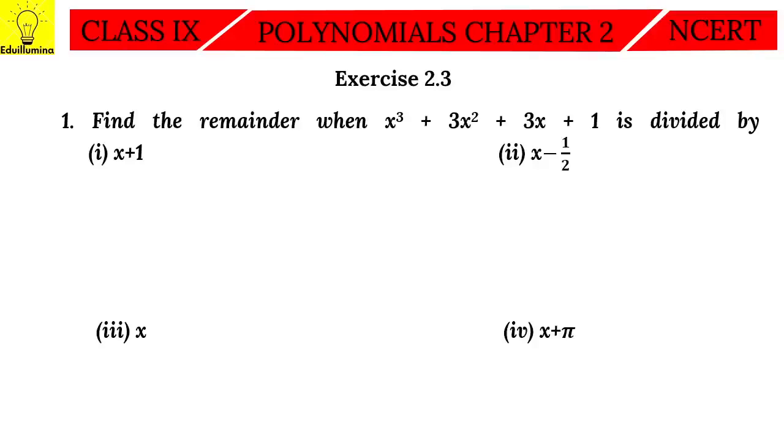चलिए स्टार्ट करते हैं एक्सरसाइज 2.3। तो फर्स्ट क्वेश्चन इज फाइंड द रिमाइंडर व्हेन x क्यूब प्लस 3x स्क्वायर प्लस 3x प्लस 1 इज डिवाइडेड बाय। फर्स्ट पार्ट इज x प्लस 1। तो सबसे पहले हम फाइंड आउट करेंगे x प्लस 1 की जीरो बाय पुटिंग x प्लस 1 इक्वल्स टू 0। सो फ्रॉम हियर we get x equal to minus 1. So therefore the remainder will be equal to